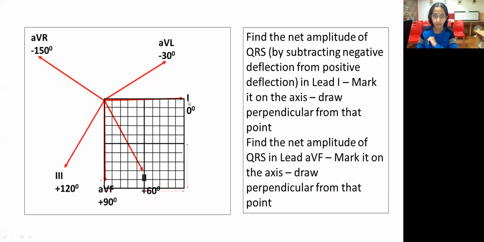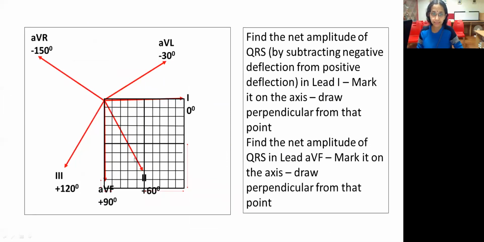So for example, you have this grid sort of an understanding here between lead 1 and AVF. Then let's see how we decide. So for example, you have a QRS complex in lead 1 where you have a dominant R and a small s. So you will get the net amplitude of QRS by subtracting the S wave from the R wave. And for example, the net amplitude came as 5. So this is the point where you have 1, 2, 3, 4 and 5,